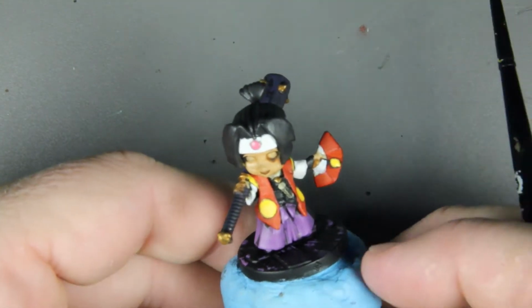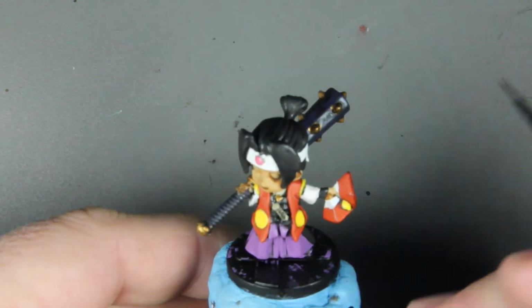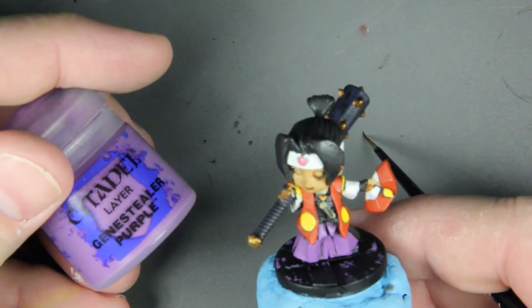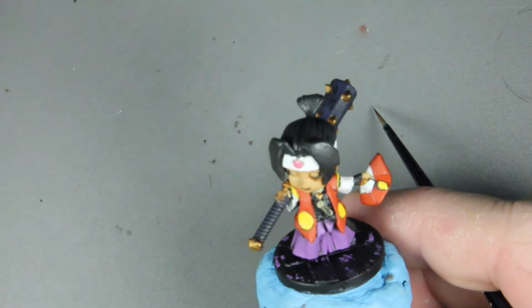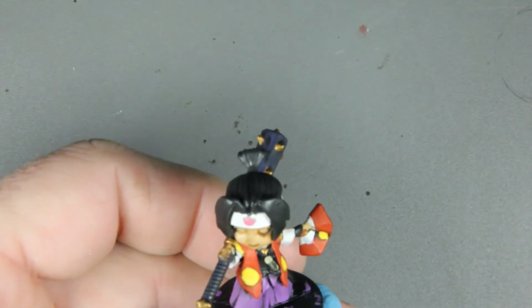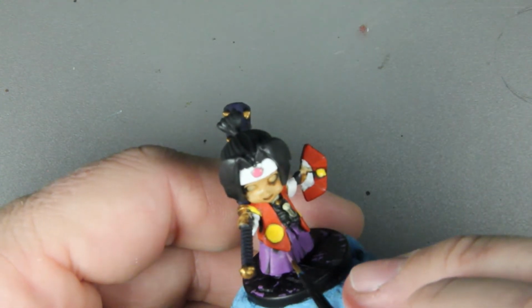I actually decided to highlight up her pants here. I took the purple and then I added a little bit of the Screaming Skull to bring up the color. I'm just going to use that lighter color to